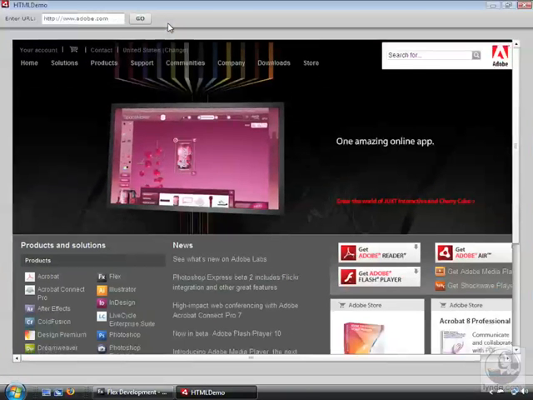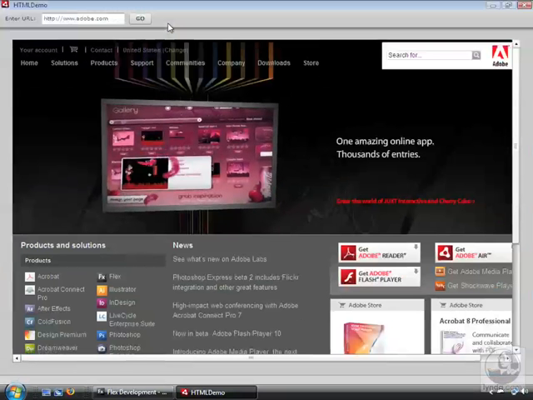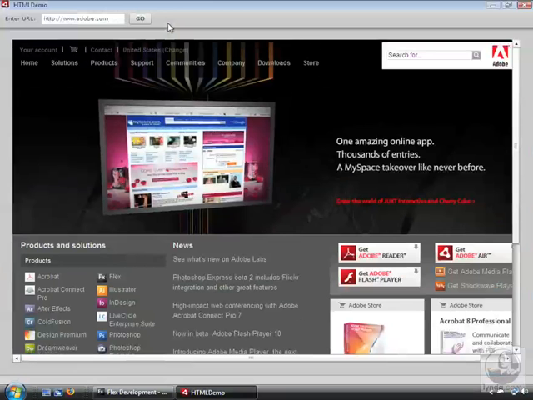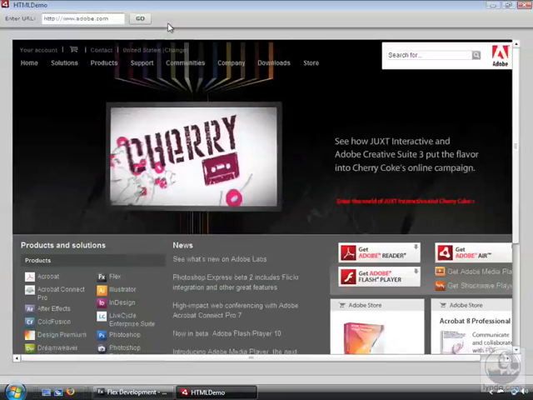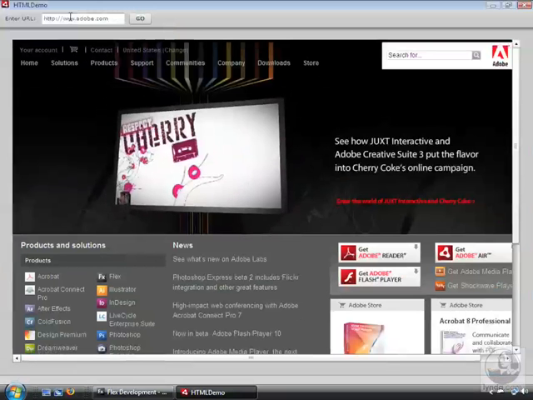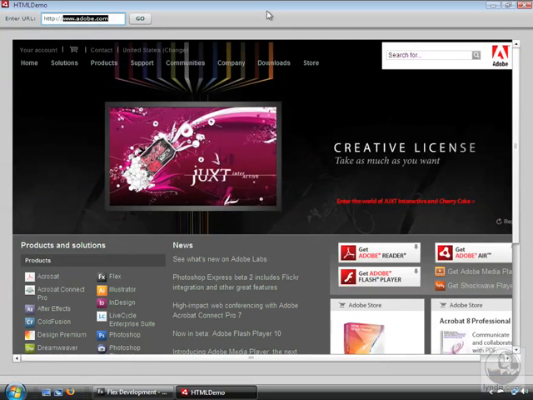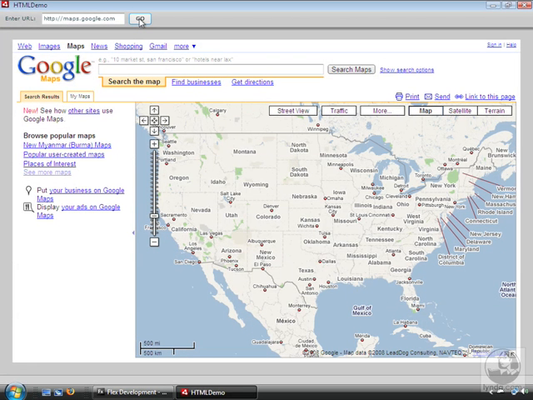You should see that the browser is able to handle very complex presentations, including cascading style sheets, any JavaScript code, and of course Flash-based presentations, such as the Flash video that's currently playing on my screen. To see a more complex example, switch to maps.google.com. One important note about entering the URL: you must enter the entire URL, including the http:// prefix. This browser component, unlike Internet Explorer or Firefox, does not know how to notice that there's a missing prefix and add it for you. Once again, click the Go button, and you should see a fairly complex application, Google Maps,